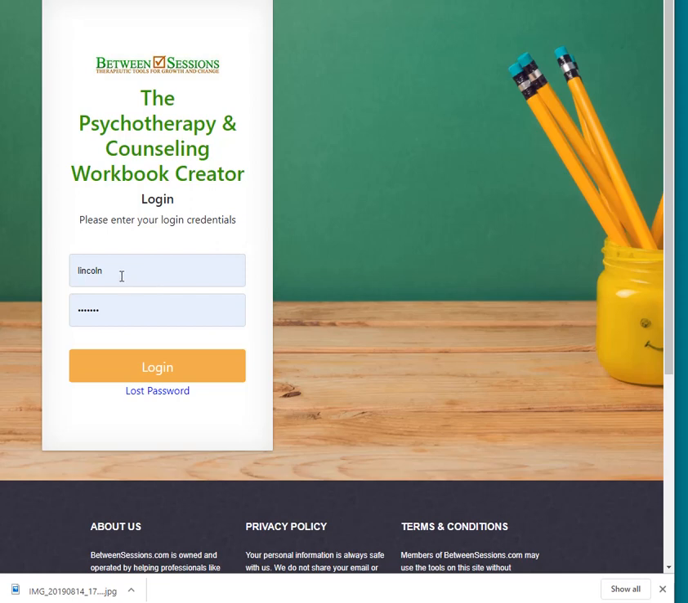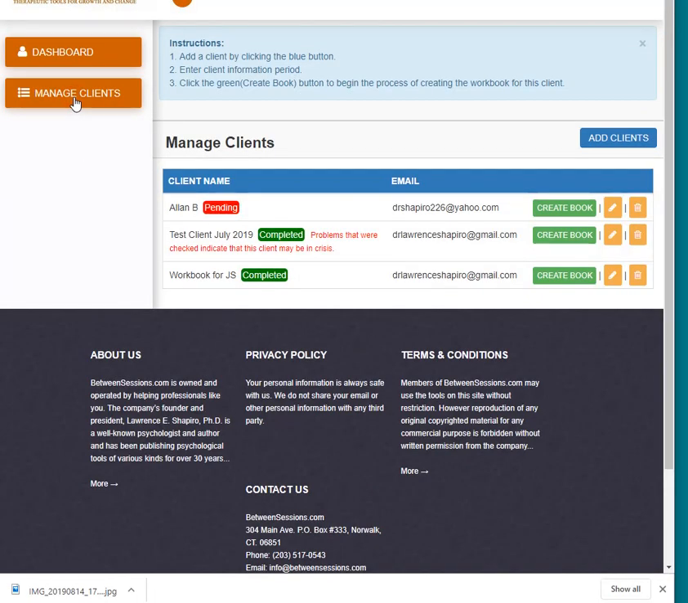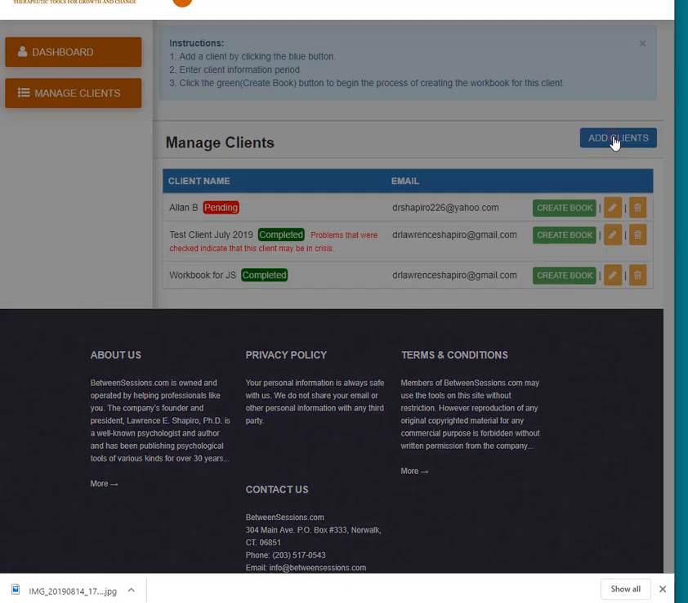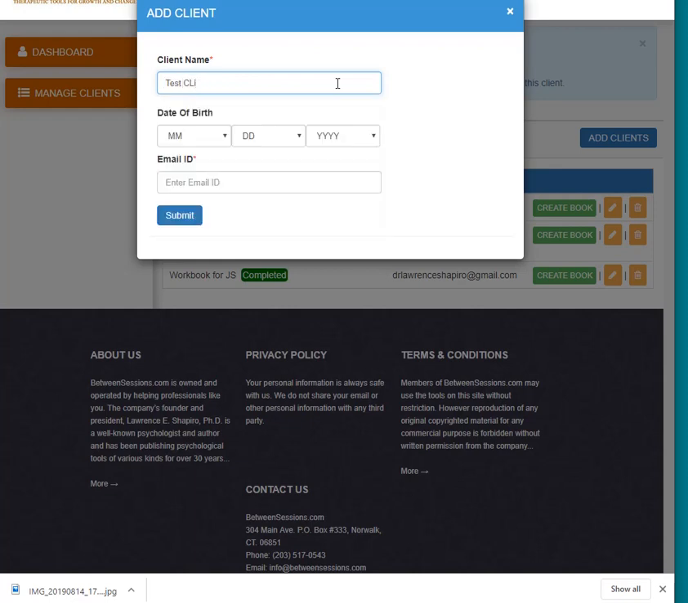You'll put in your username and password, the same that you use for Between Sessions, and log in. At that point, you'll manage clients, and we're going to add a client. It just takes a few seconds. You can add a name or you can add a case number. We'll just call this test client